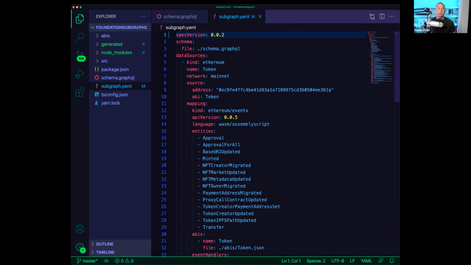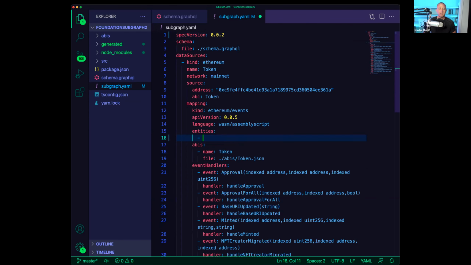understand what YAML typically does. It's typically some type of configuration, so it could be configuration as code. In our case, it's almost like infrastructure as code in the sense that when we deploy this to the network, the indexer reads this file to know what to do with this code base. So the subgraph.yaml has all of the configuration that you're going to need. We're given some boilerplate, so I might go ahead and delete those entities because we're not going to be using those.